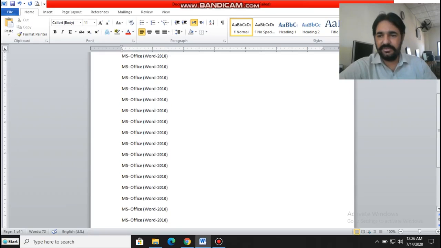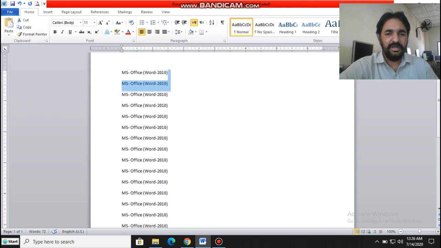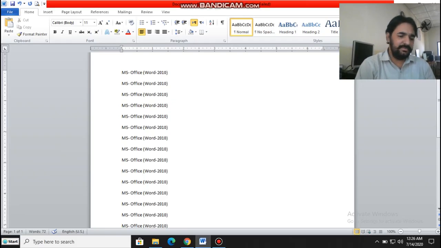Just select and press Ctrl C, or select like this, then Ctrl V, shortcut keys. When you are learning, shortcut keys are very important. They will save your time and definitely speed up your work.